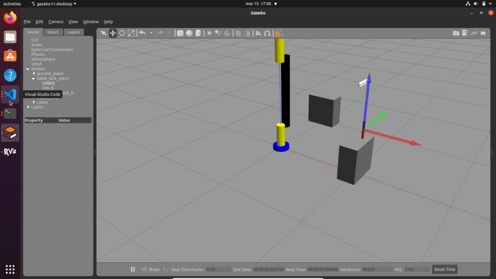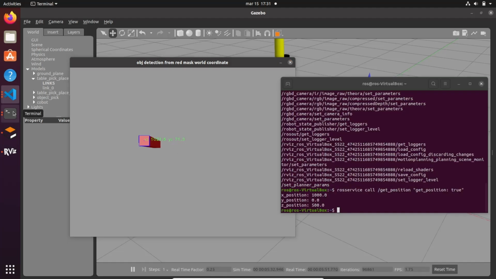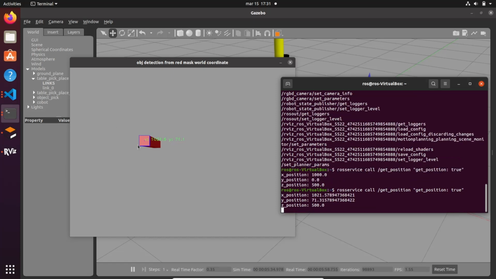So today we're going to use that precious information for creating a service server that, from a client request, will return as a response the position of X, Y, and Z in the real world of the object that the camera detects. So if you imagine, this will be a step forward in building our real robotics application,